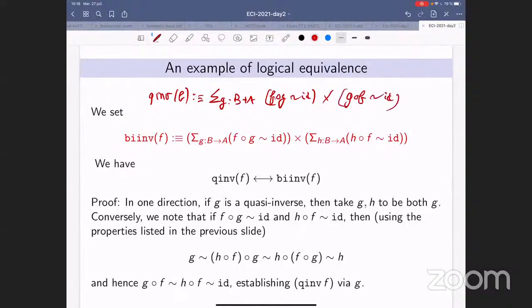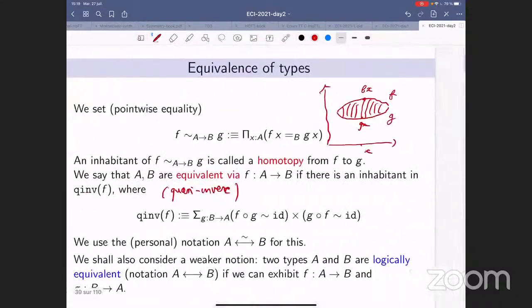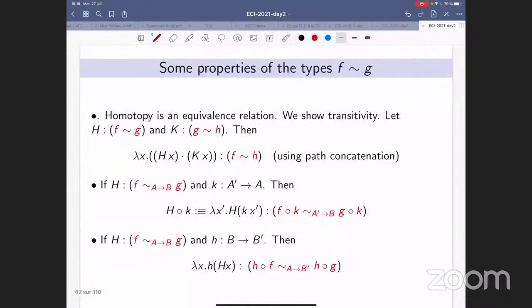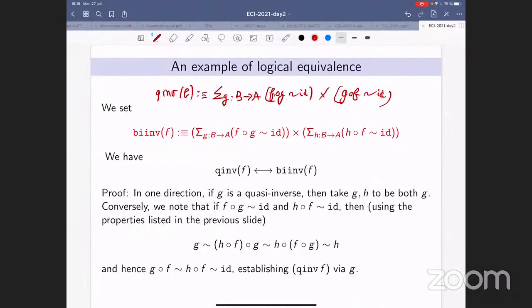I hope I wrote it exactly. Let me check that I repeated it exactly. Yes, good. So we are going to prove that these two types